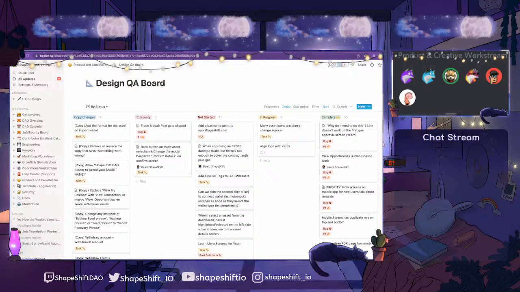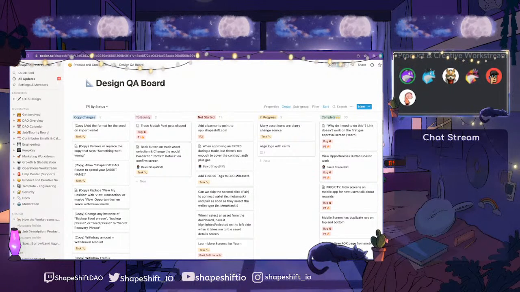If you do have any interest in helping out with these bounties, feel free to ping me. We'll still be using the Design QA board as a starting point for when we find things or when things are reported. And then Fox McCloud said, free up Beard for large tasks and keep our pace going fast. To go over next,